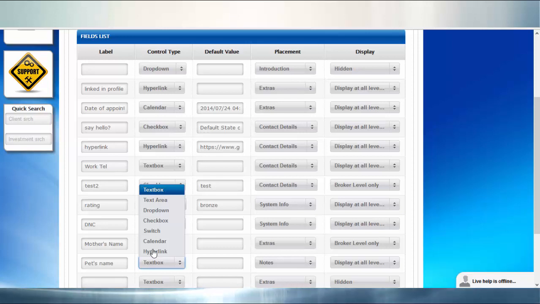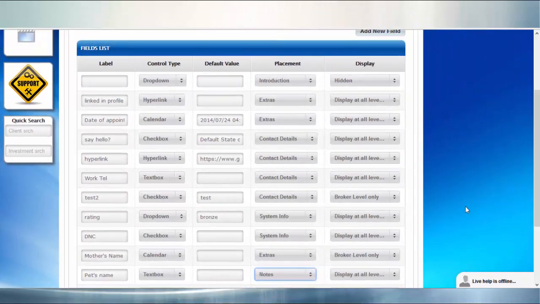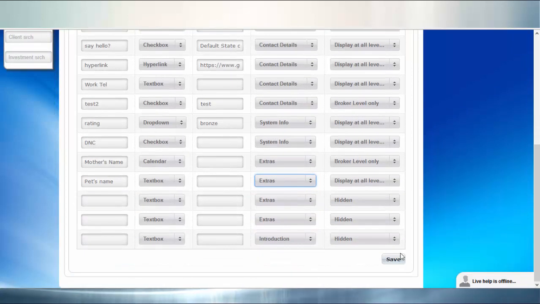For our current purposes, we will select text box. The placement column here is asking you which section of the client file you wish to place this field. For our purposes, we will be using the Extras section. Click on the drop-down and select Extras. If we now save that using the Save button at the bottom, here,